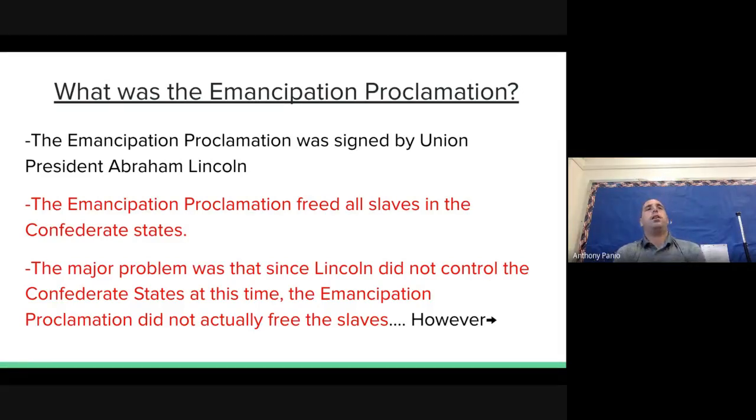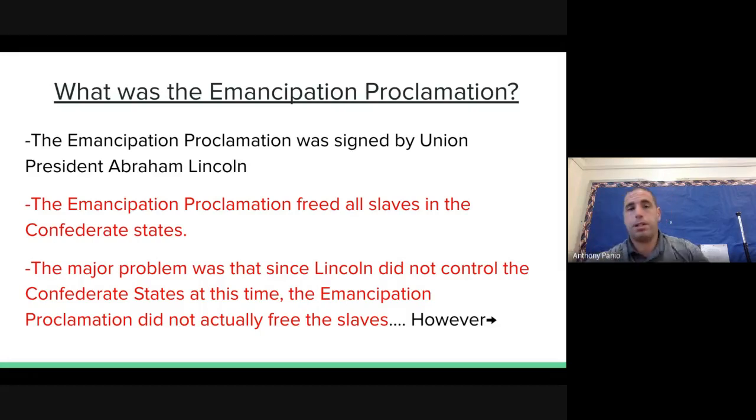Okay, so a couple things. If you remember when we were doing the battles graphic organizer the last couple of weeks, actually I'd say the first couple of battles were won by the Confederates. In 1861, 1862, it's more of the Confederates winning battles than the Union winning battles. But after 1863, there's going to be a huge change in who's winning that war. And a lot of that has to do with this Emancipation Proclamation, okay?